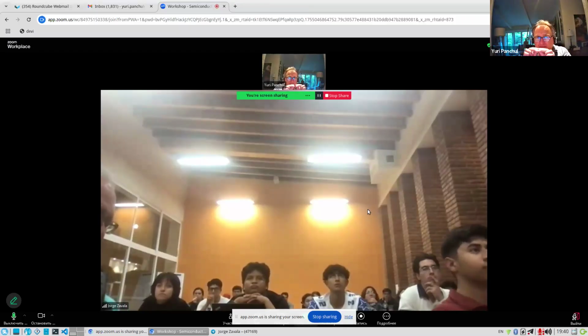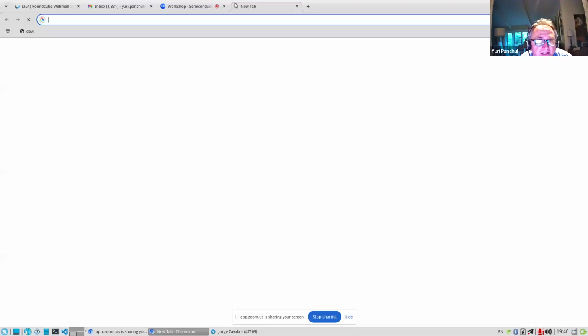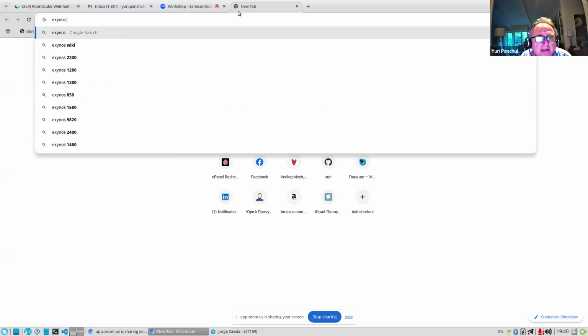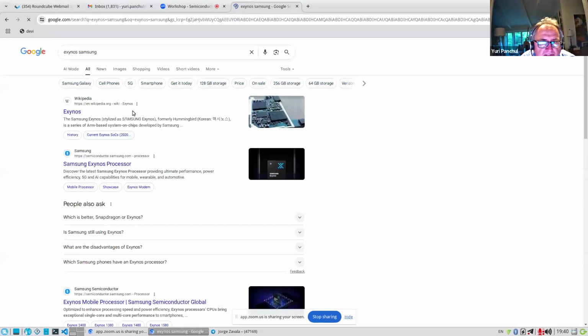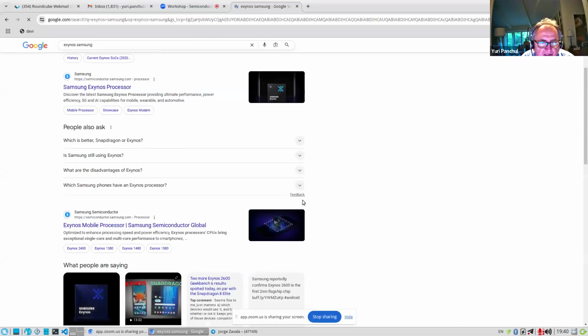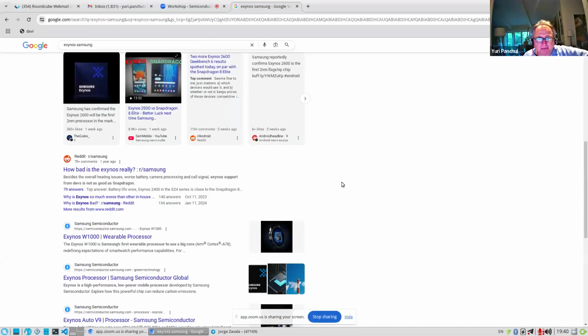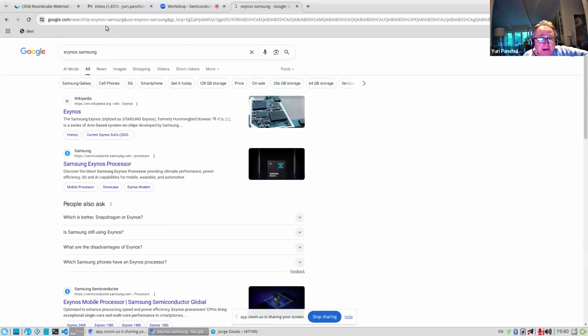We're doing the graphical part, which is the GPU, the Exynos GPU. Exynos is the Samsung mobile processor.